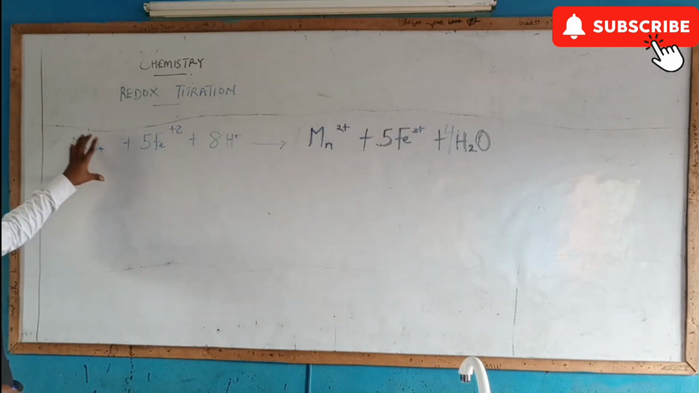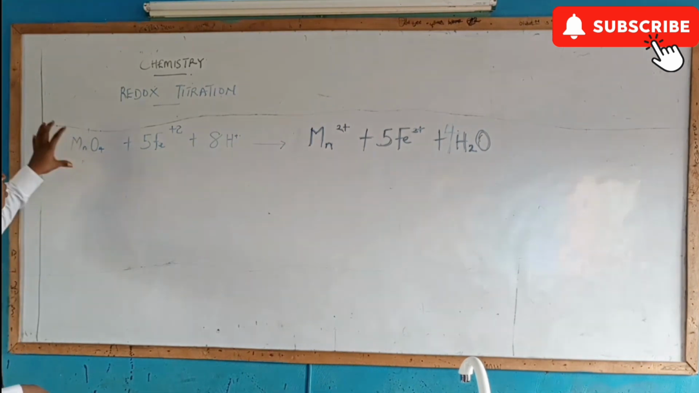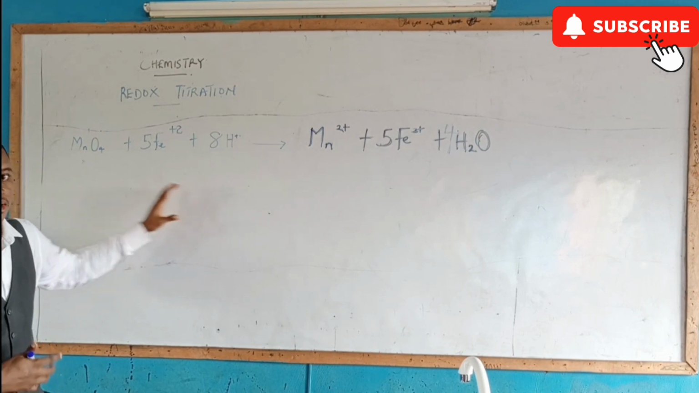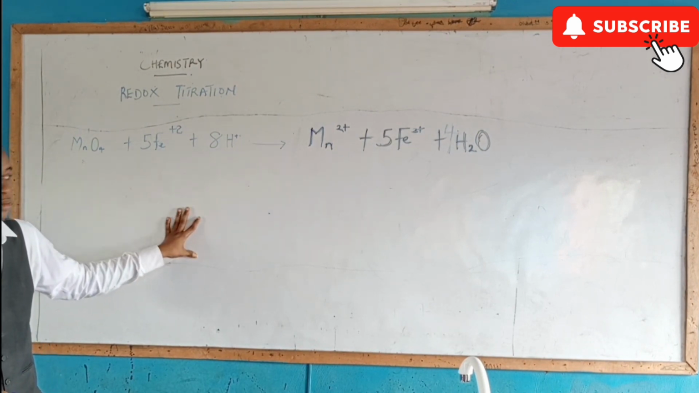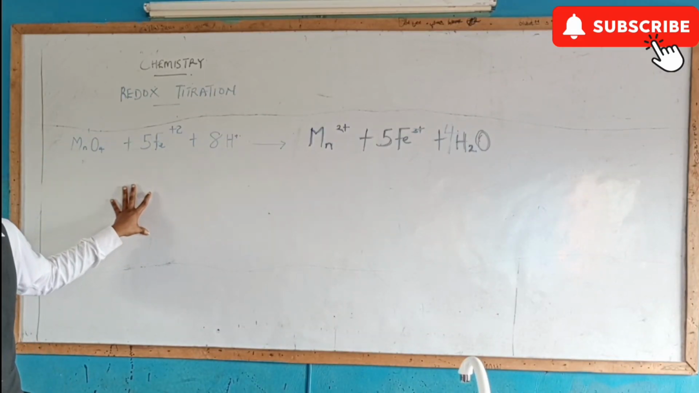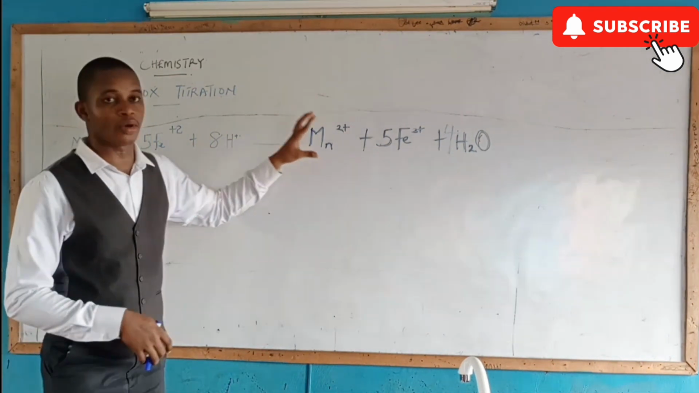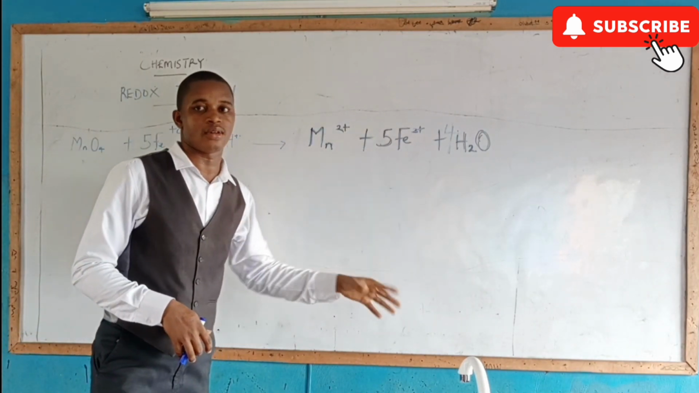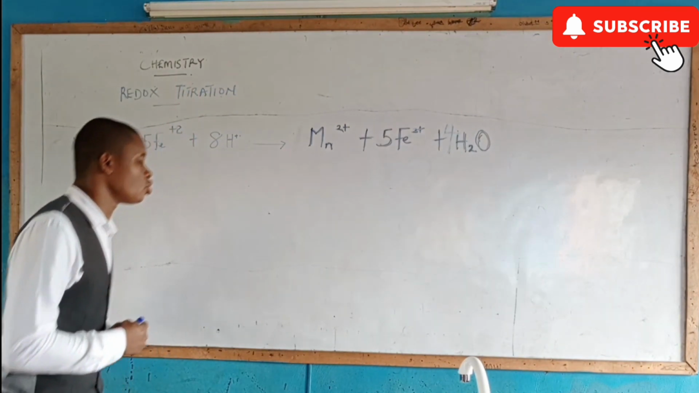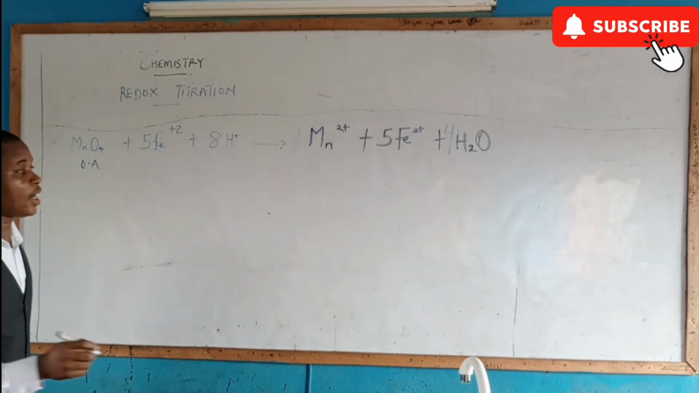We have a combination of two compounds. Now we have potassium permanganate and iron 2 sulfate. This is the balanced equation for the redox titration. We have the permanganate and then the iron with the product of the manganese and iron, and also the formation of water. During this process, it's important to know that potassium permanganate is the oxidizing agent and iron is the